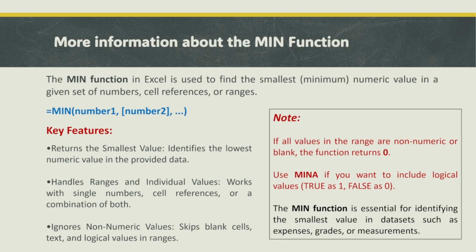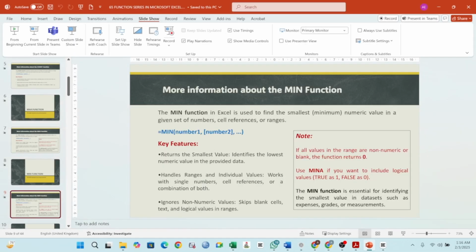And if you're trying to count values that include logical values like TRUE as 1 or FALSE as 0, then you are going to use MINA. So the MIN function is essential for identifying the smallest value in a data set, such as expenses, grades, or even measurements. All right, so now let's see